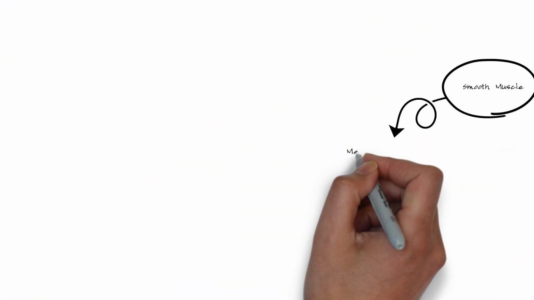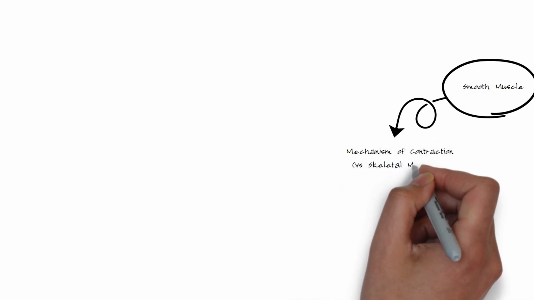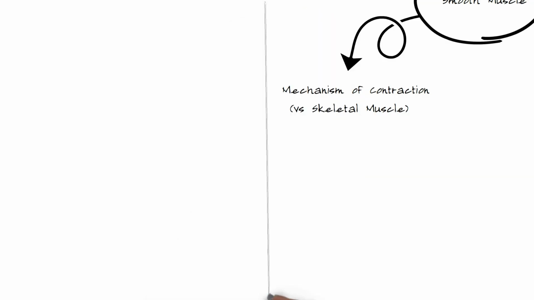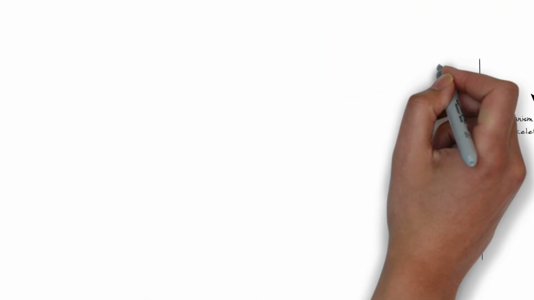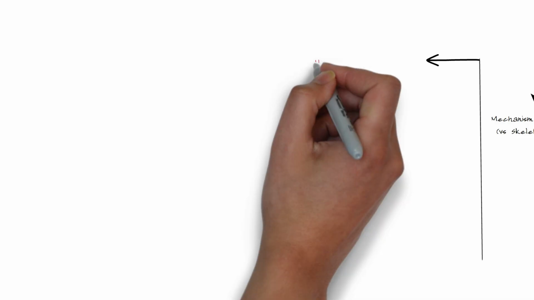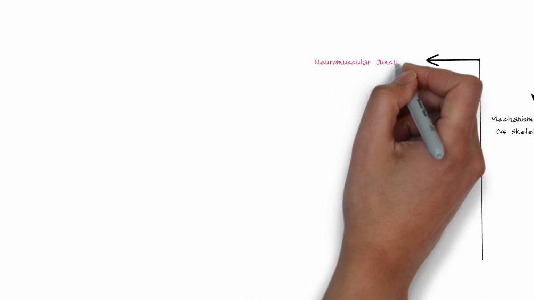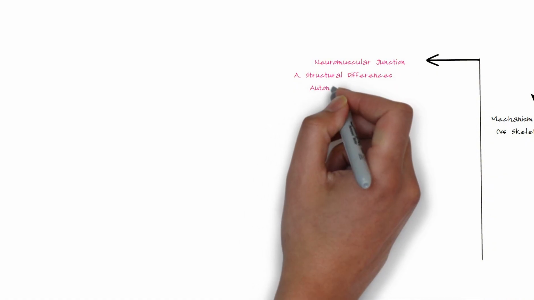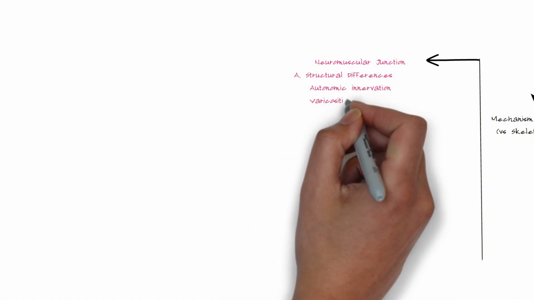And now let's talk about the mechanism of contraction of the smooth muscle, whether it is different or similar to the skeletal muscle. So let's first begin with the neuromuscular junction. There are structural differences, since the nerve is not somatomotor, but rather it is an autonomic nervous system, and there is no synaptic cleft,